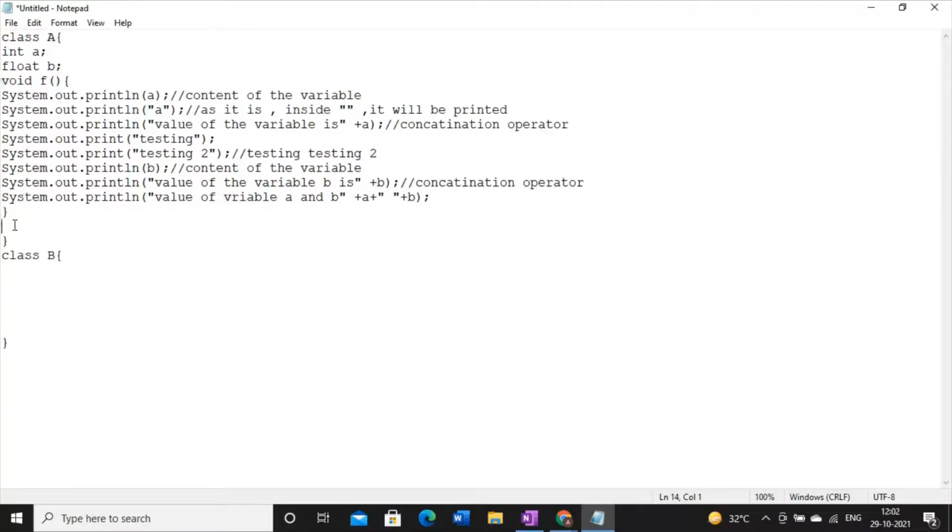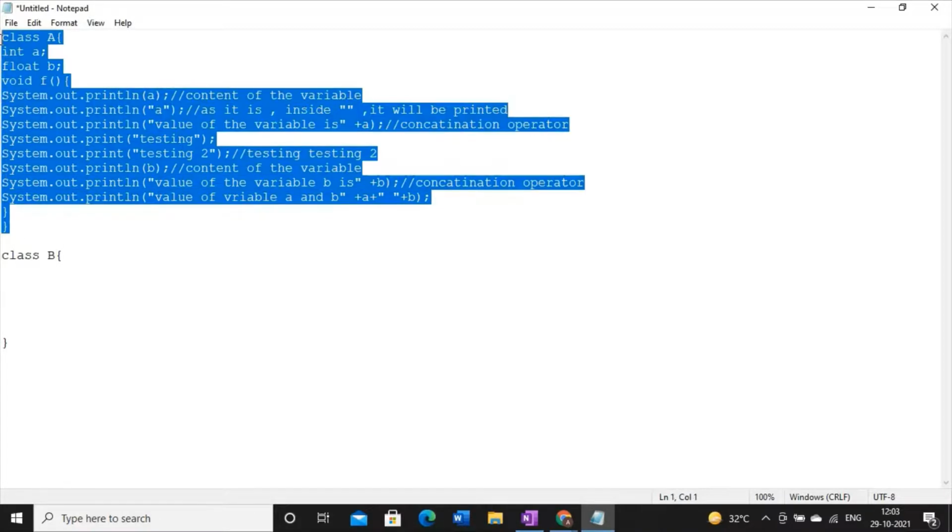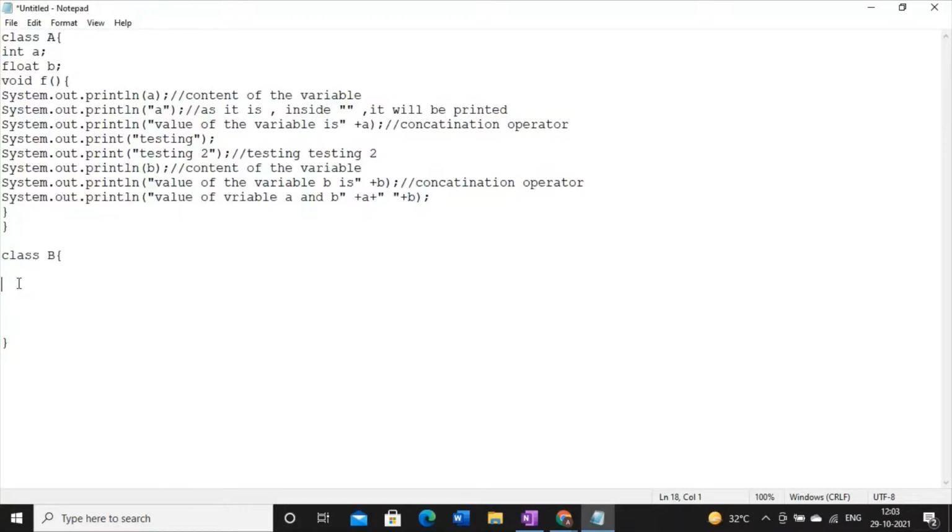So this is the first class that we have written. This is our class definition. Now we have to create a variable of a class. Why do we need a variable of a class? Because I have to access these two variables. Now creating a variable of a class is not so easy. First we have to write the main function or main method.